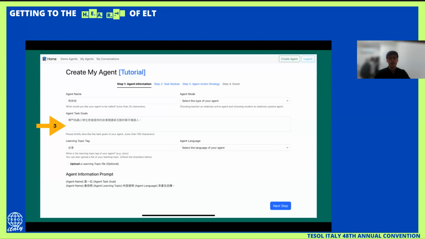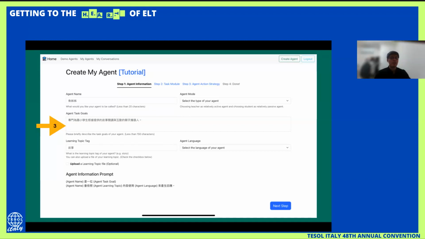And for step number 3, in the middle of the slide, you can see an agent text goals field. Here, the agent text goals will take up to 150 characters of input. While you are typing the goals of your agent that you wish the chatbot to achieve, it should be concise, and the purpose should be clear for the chatbot to understand what you're going to do as a replica.